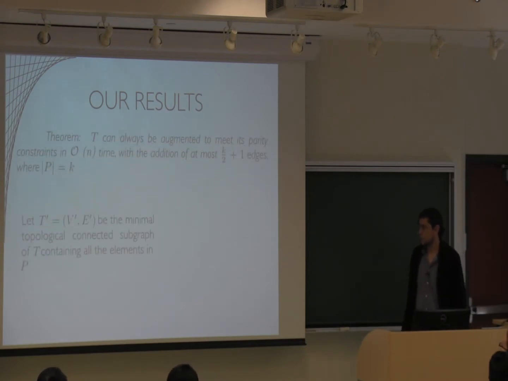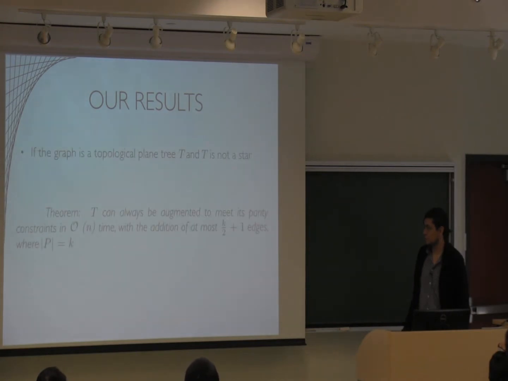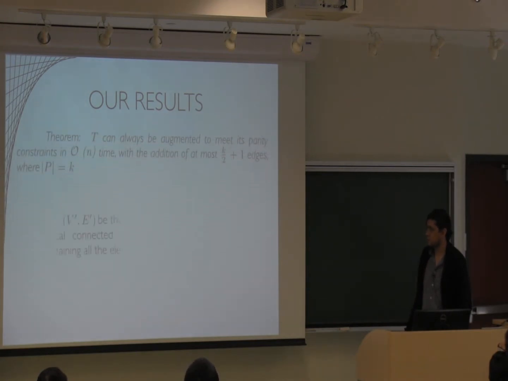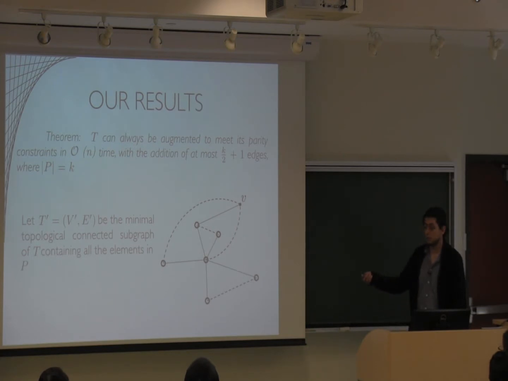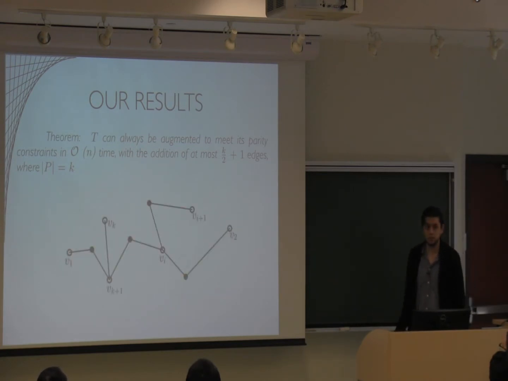The proof: let T' be the minimal topological connected subgraph of T containing all the elements in P. If T' is a star, we can solve it by taking a vertex of T, joining the center of the star with that vertex, joining another leaf of T', and joining the rest of the vertices. But if T' is not a star,